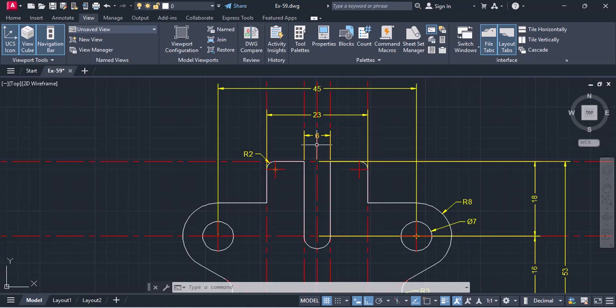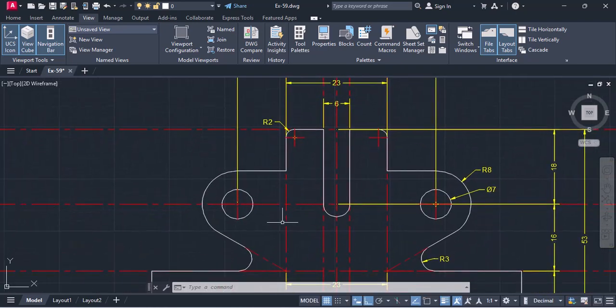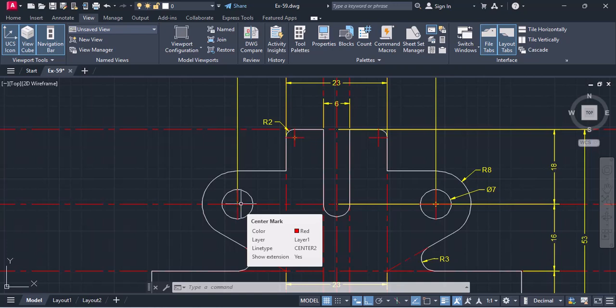Then we'll offset this center line to the right 3 units and to the left 3 units. Then we'll offset this center line to the right half of 23 and to the left half of 23. And again we'll offset this line to the left half of 45 and to the right half of 45. Then using this intersection as the center point, we'll draw a circle of 7 dia and a circle of 8